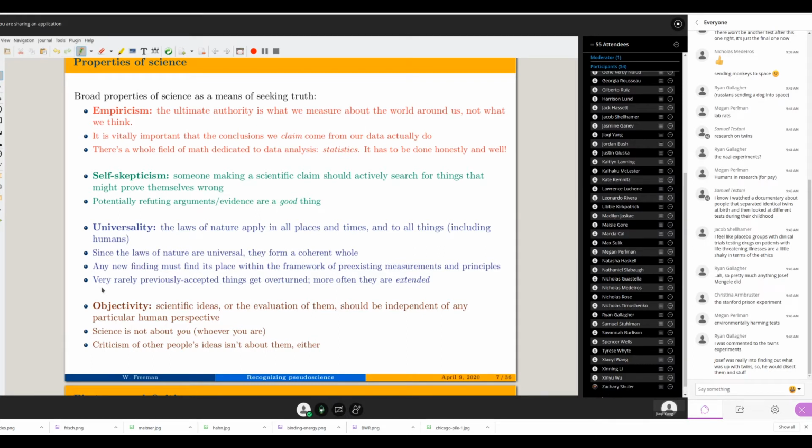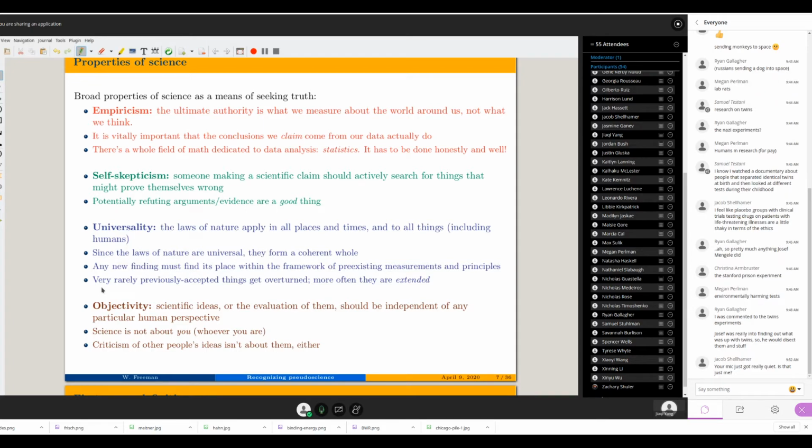Empiricism means that science is concerned with measurements and observations and experiments as the ultimate arbiter of how the world works. You shouldn't just sit and think about it. It doesn't matter what you think should be true. You need to go actually measure it. The second one is that science is skeptical of itself. That if you're going to be making some scientific claim,